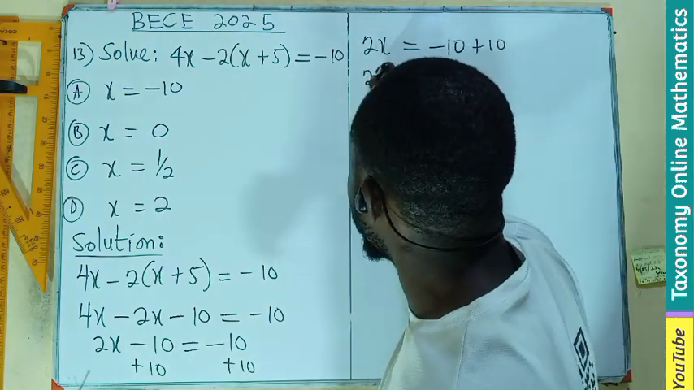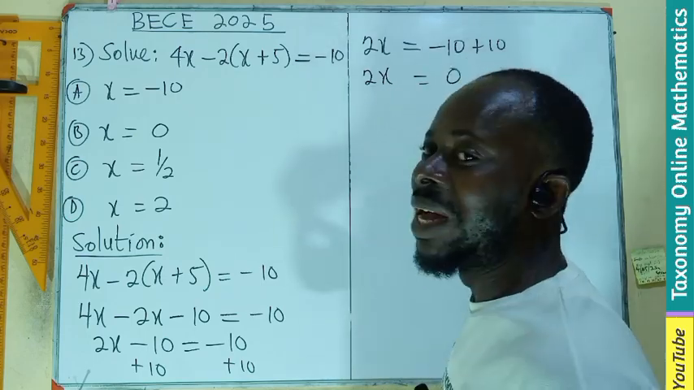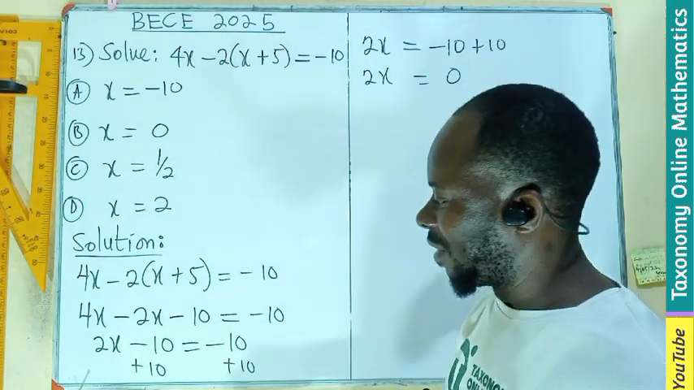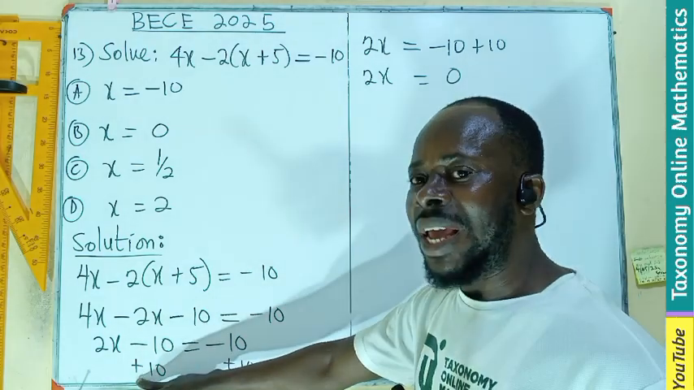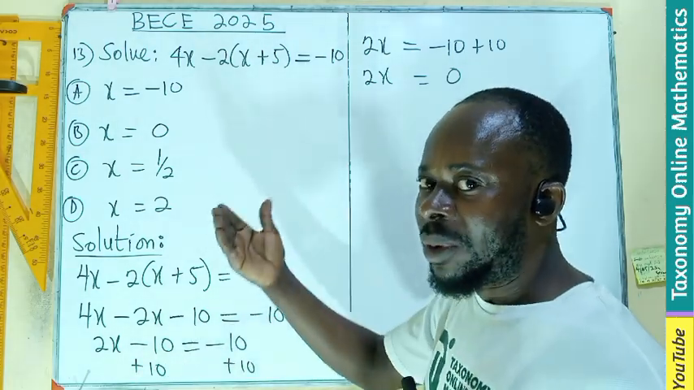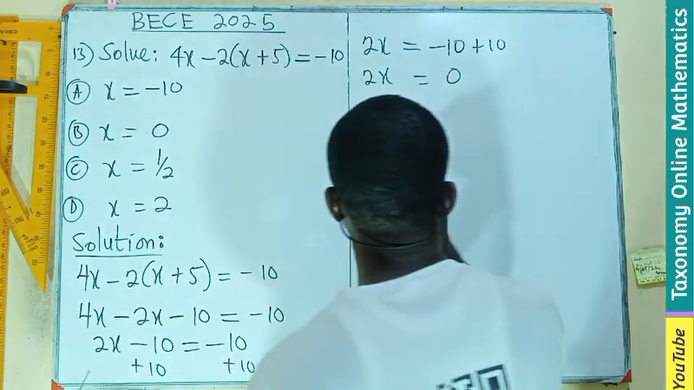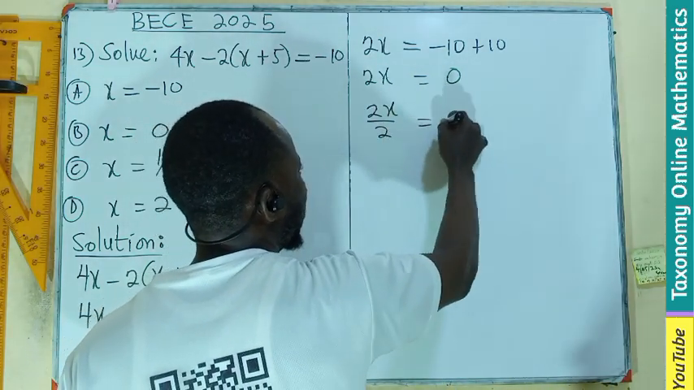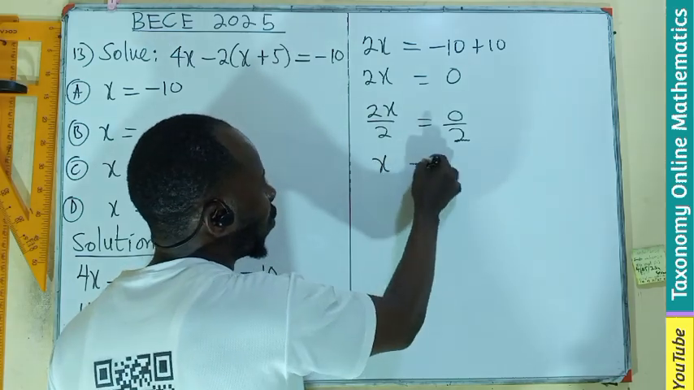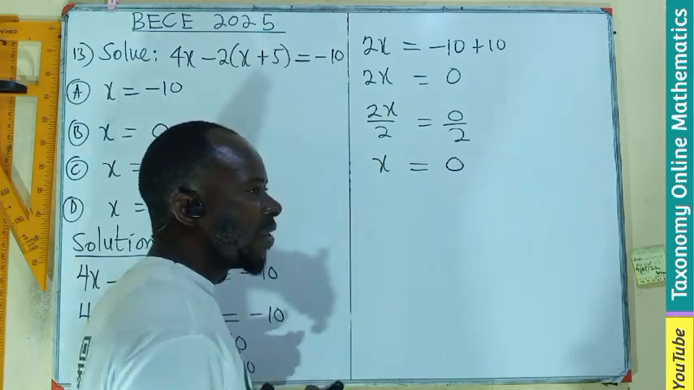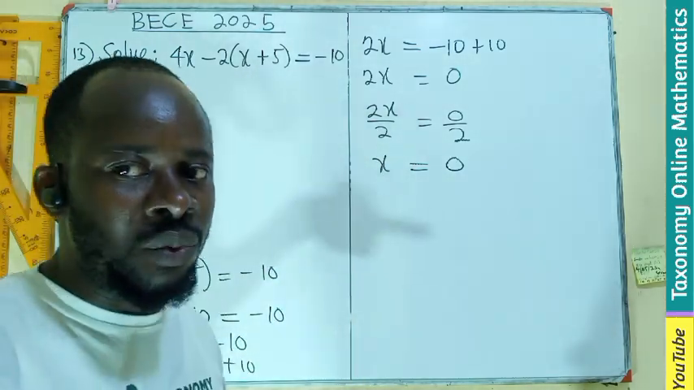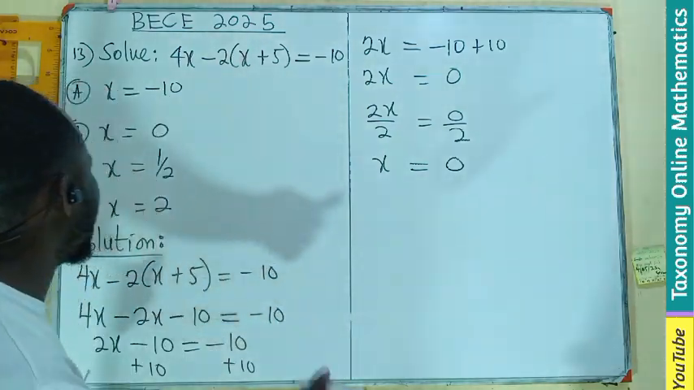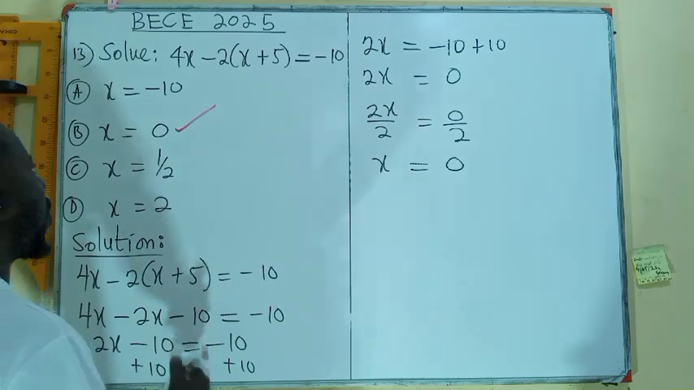Then let me come down again. This is going to be 0. But since the 2 is multiplying the x, we use the inverse. The inverse of multiplication is division. Therefore, 2x will be divided by 2, 0 divided by 2, and x will be equals to 0. If you divide 0 by 2, you still get 0. So the value of x is nothing but 0, which is going to be the option